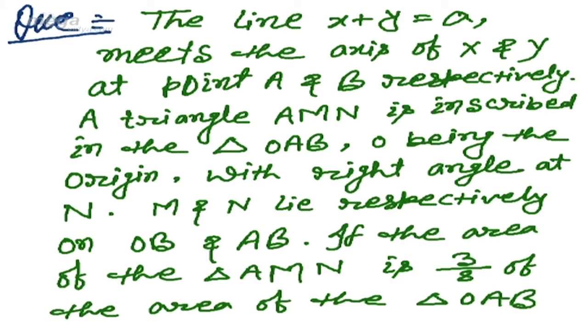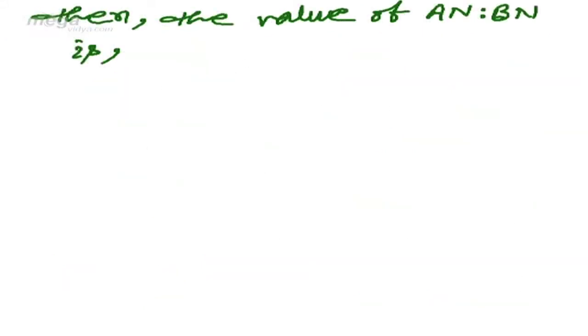So the first question for this session is: the line x plus y is equal to a meets the axes of x and y at points A and B respectively. A triangle AMN is inscribed in the triangle OAB, O being the origin, with right angle at N. M and N lie respectively on OB and AB. If the area of the triangle AMN is 3 by 8 of the area of the triangle OAB, then the value of AN is to BN is,